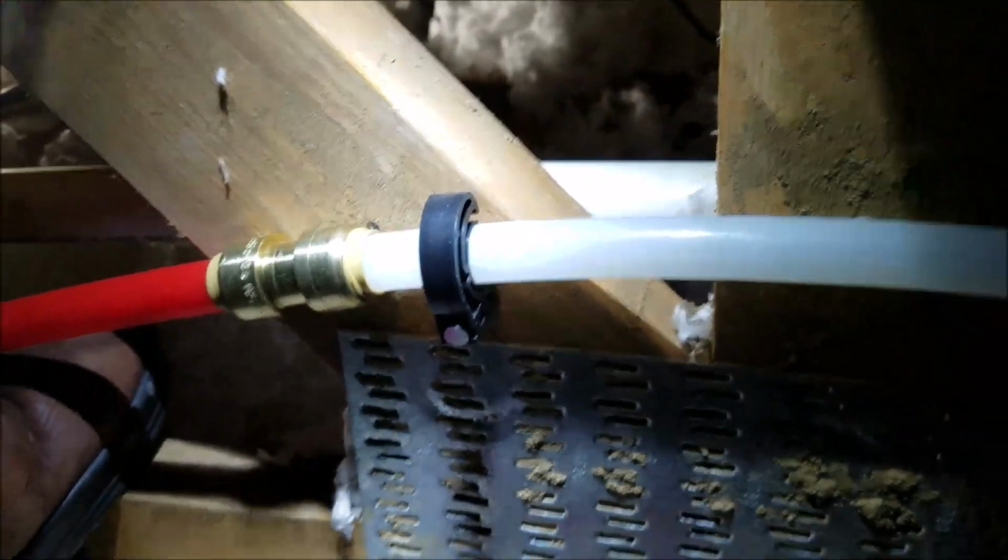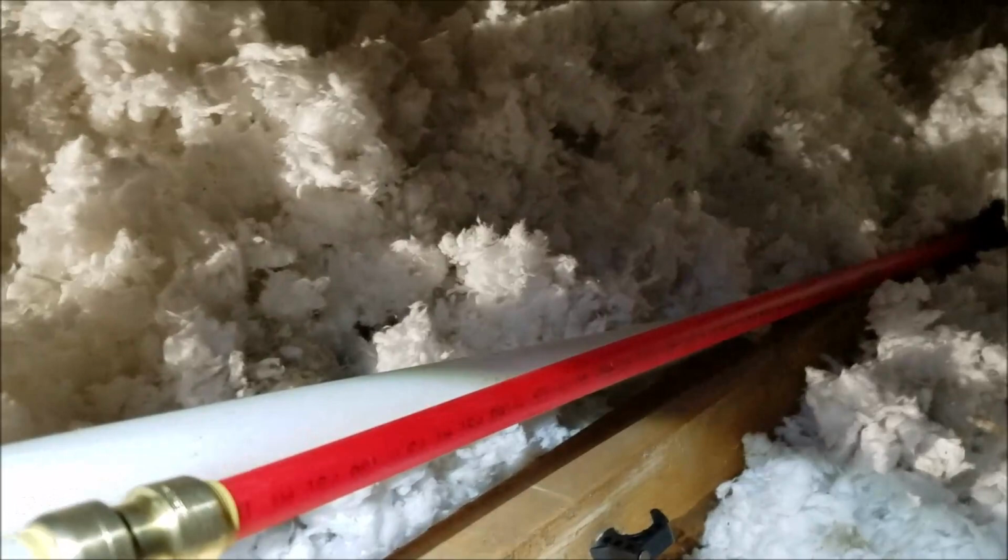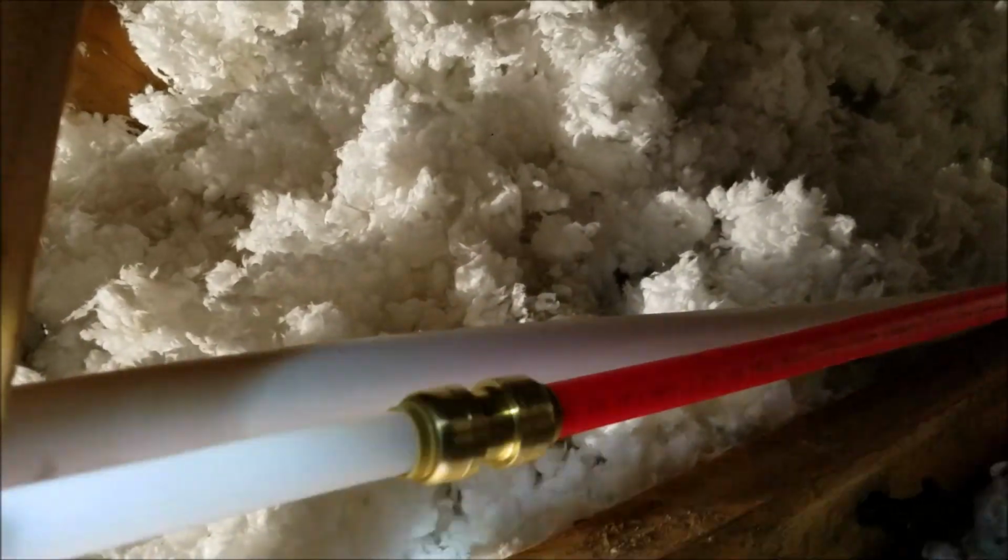So we're in Clovis, California. We just finished repairing a line that has some water damage or a water leak in it. We're up in the attic here, and you can see the old piping that's in here is, who is it? Zurn. So Zurn PEX, hot side, 1/2 inch, and you've got